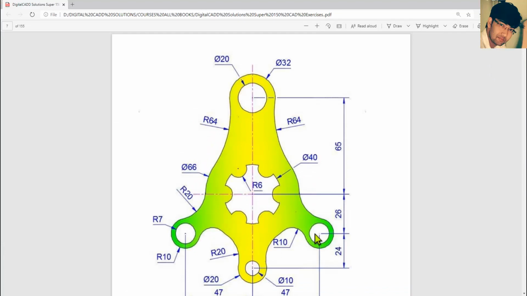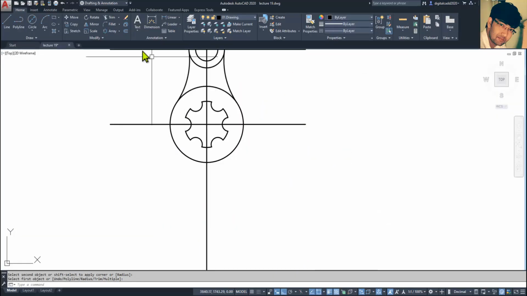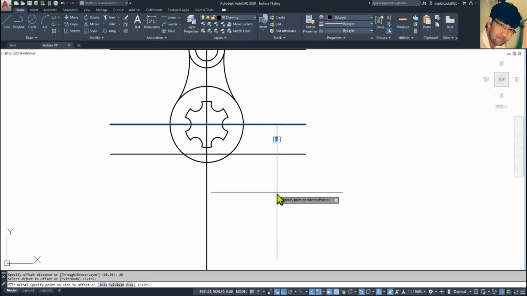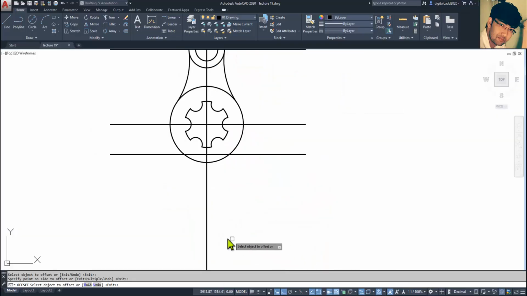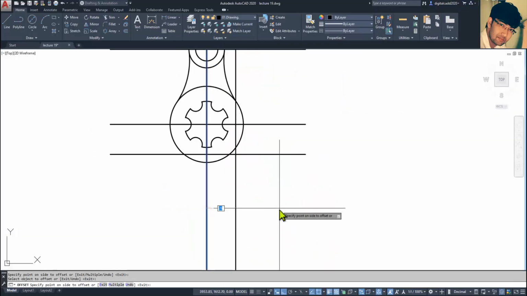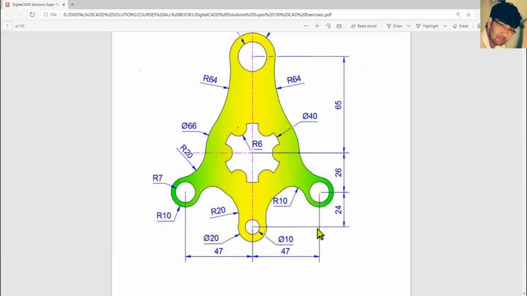Now see again, here we need 26 and 47. So offset 26, enter, select this horizontal line, and click in the downward direction. Now 47, select this vertical line, 47, enter, and this is done.